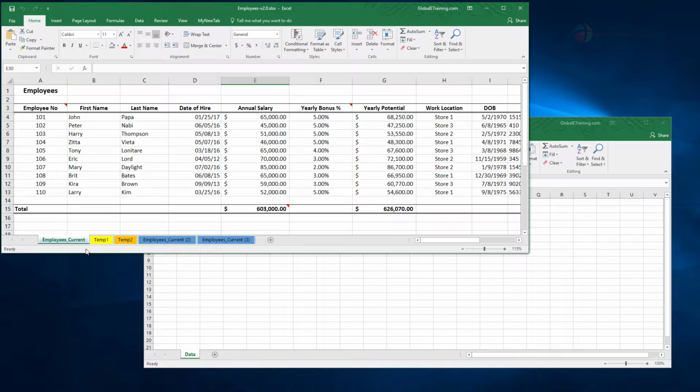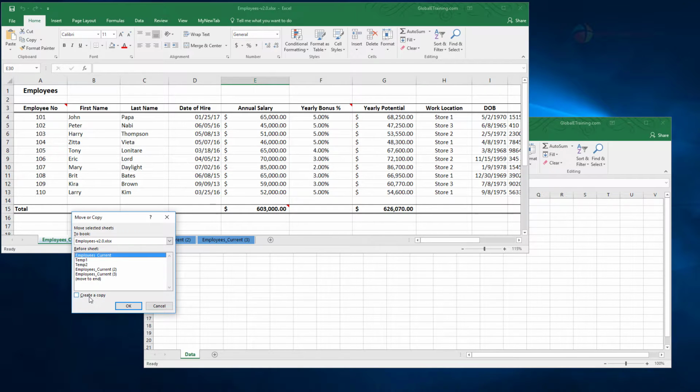Now the next scenario is to make a copy of this sheet, but making that copy in a different workbook. So right click on it, do move or copy. Make sure create a copy is selected, and make sure you select the desired workbook. Right now I have 2 workbooks open, so I see 2 here, but if you have more than 2, you will see all the workbooks here. So select it,